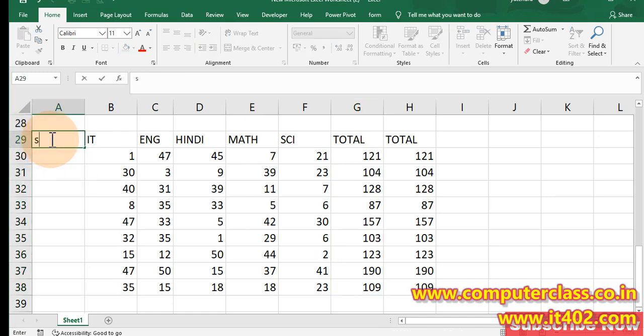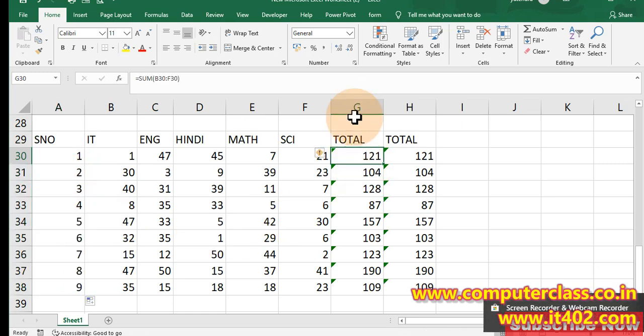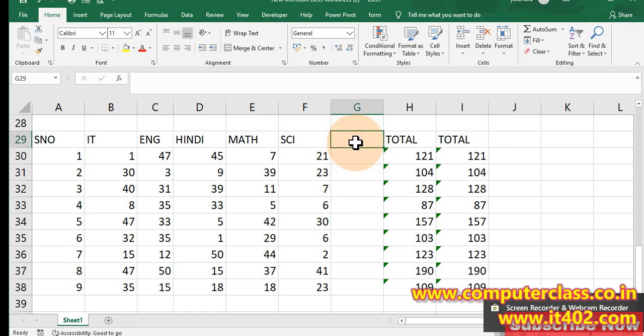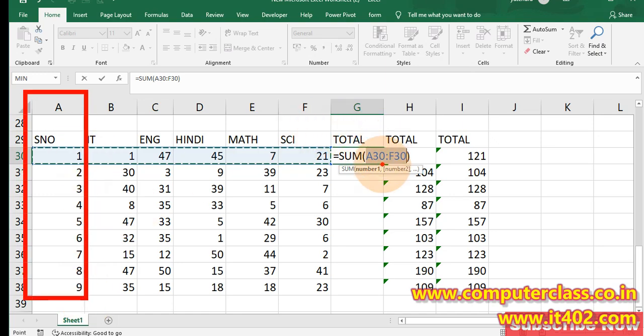There is a problem with the AutoSum option. If you are a beginner just starting to learn Excel and use AutoSum here, like here with a Total again, it also takes this particular column, but I don't want to add these numbers in the sum formula. In that type of situation, you need to update the cell address, because this is the formula that automatically finds the range.